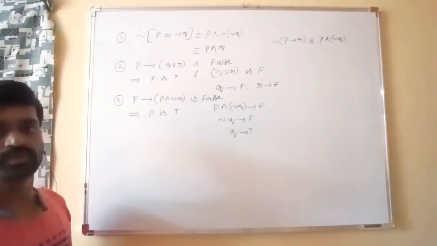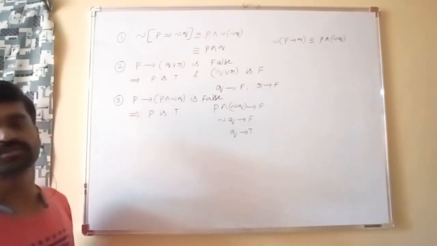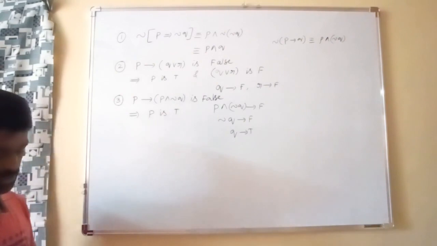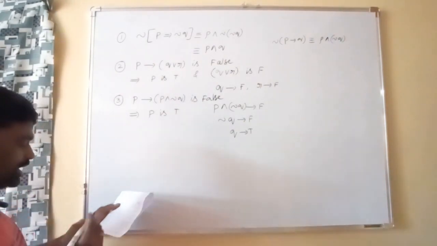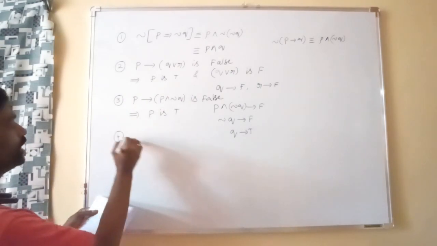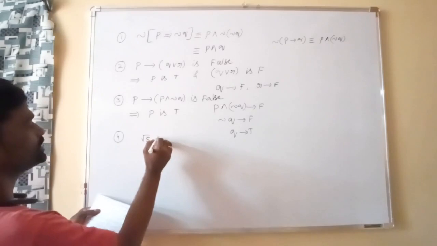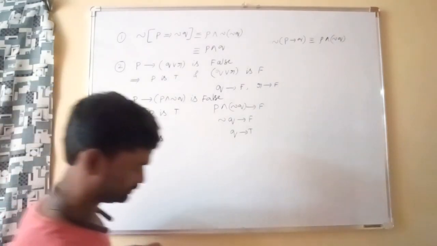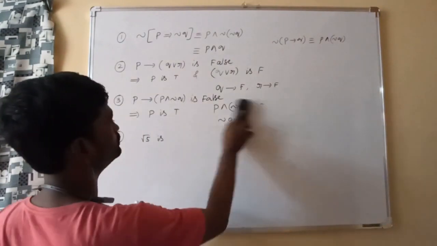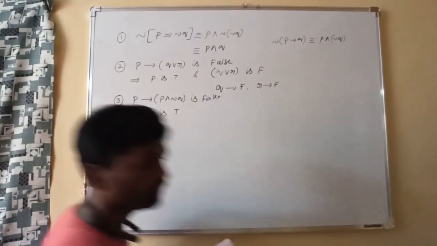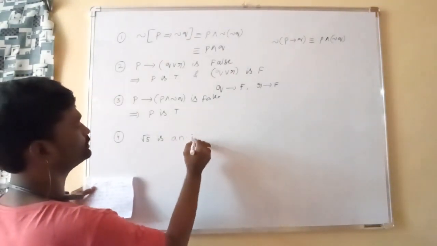See, this is also a previous year mains problem. See how easy. You can solve within 10 or 15 seconds only. Next, it is given the next problem: we have to find the negation of the statement root 5 is an integer